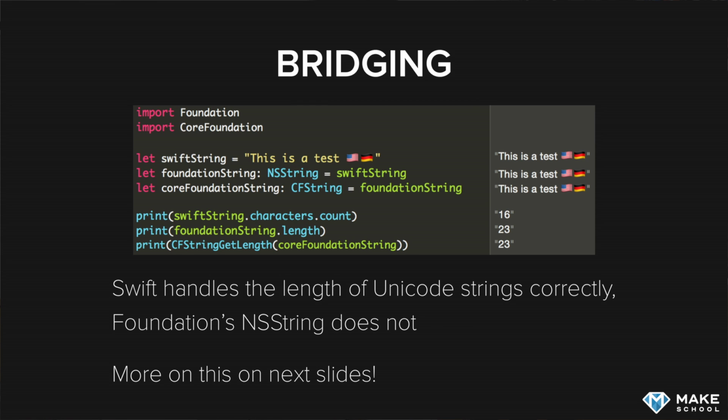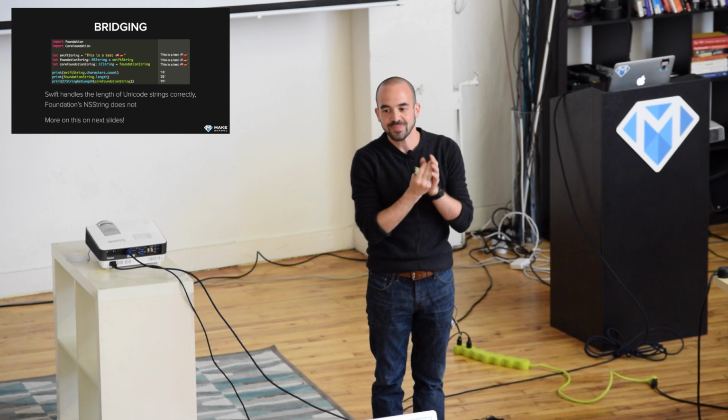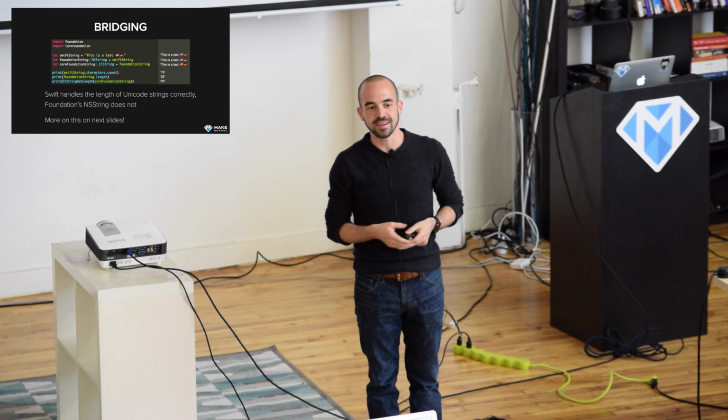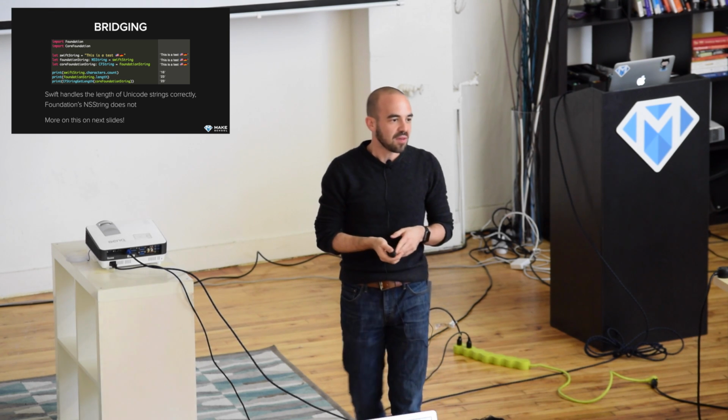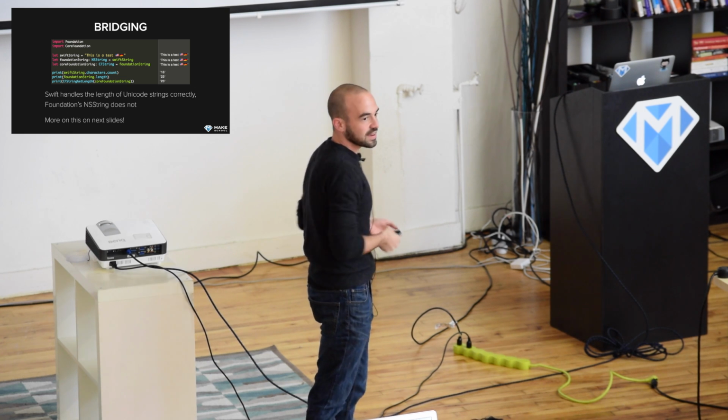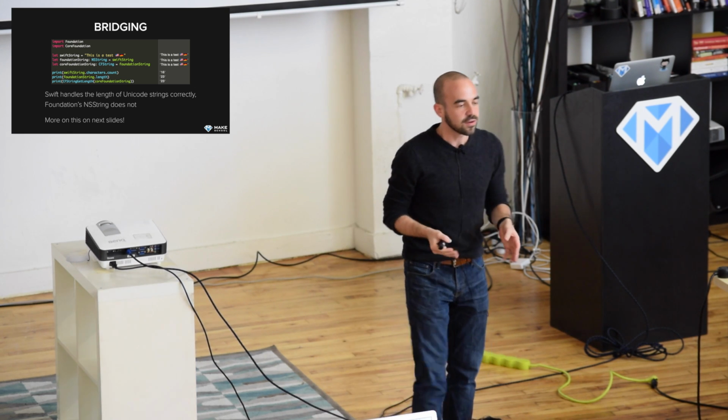When you print the length of the string for the Swift string, you get 16 characters, which is actually the amount of characters that you have in that string. Whereas the Core Foundation and the Foundation string claim that a string has 23 characters. Does anyone know why? Or have an idea why? Josh? Yeah, basically. So things like emojis were basically, there was no space in the Unicode specification for these characters,